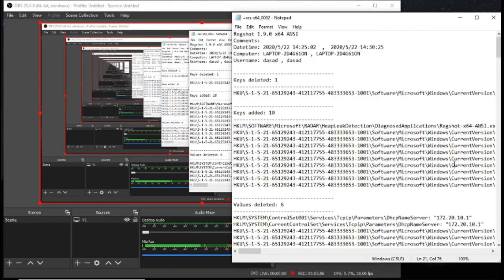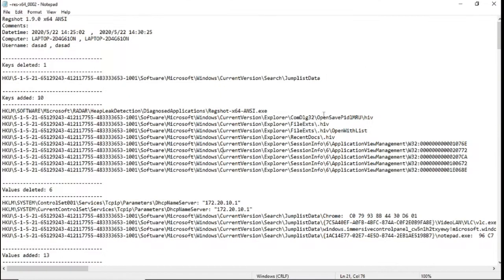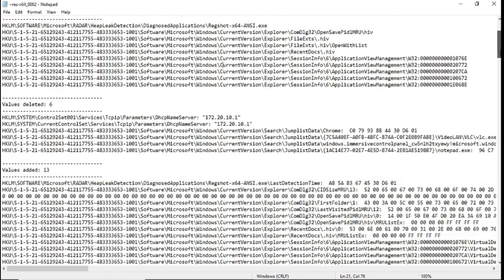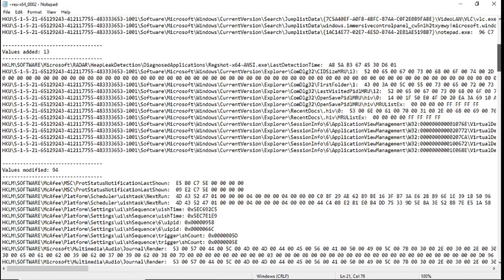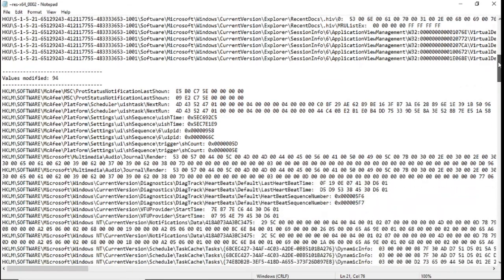So we'll compare, and see how this looks after the comparison. It will show keys deleted 1, meaning there are registry keys that it is taking the snap of. So here it's coded data. Right now for this video I am not able to tell you the exact meaning of these things, but still we can understand a few things. After we take the first snap, there are some values that are added, and a few values are modified. These are not manually modified, these are maybe modified by background apps that are running on our system.